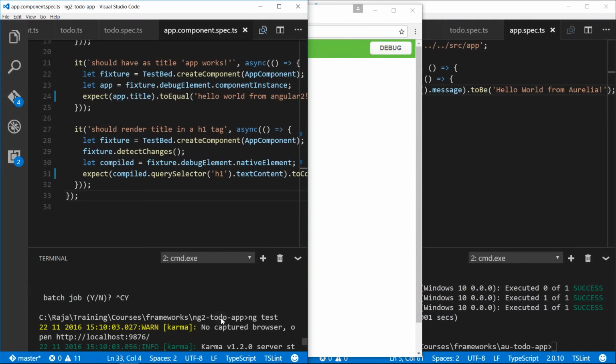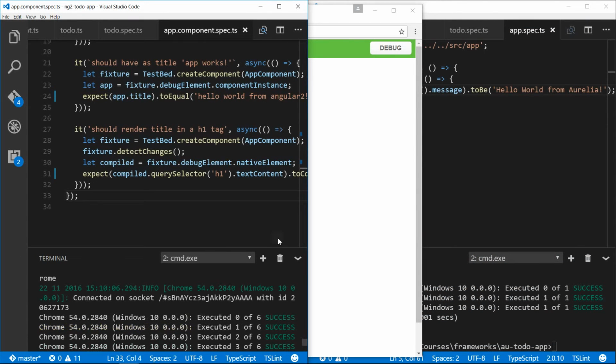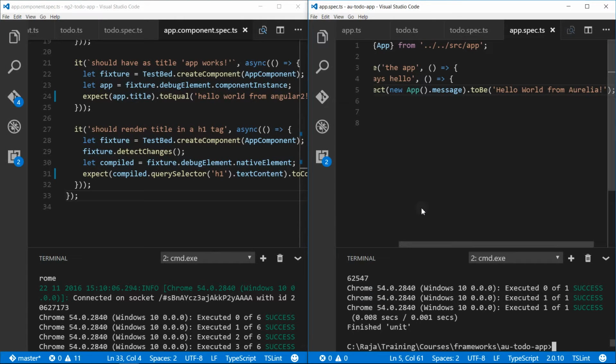Yep, it's all success. Okay, so that covers the unit testing on both frameworks. There is not much of a difference. They both use the same framework and the same runner. Okay, now let's move on to the next step of creating a simple service class that'll perform the CRUD operations